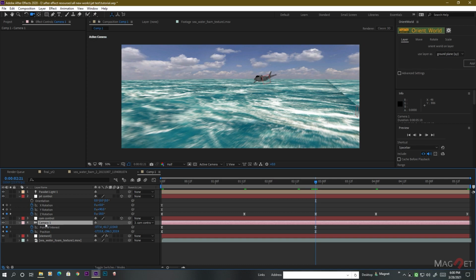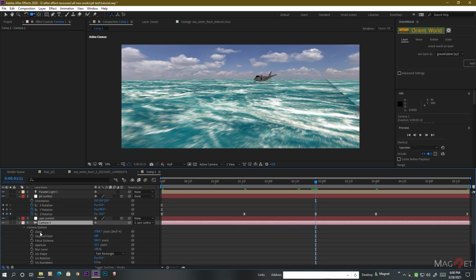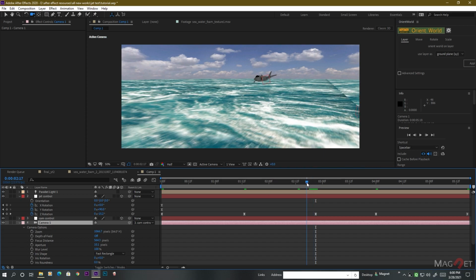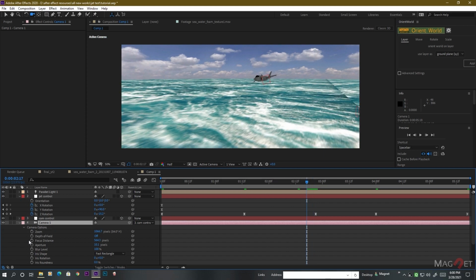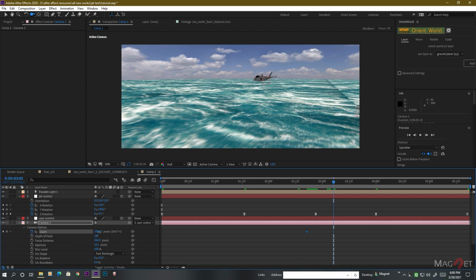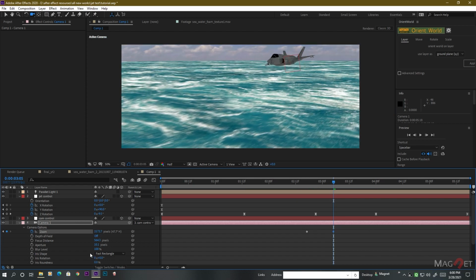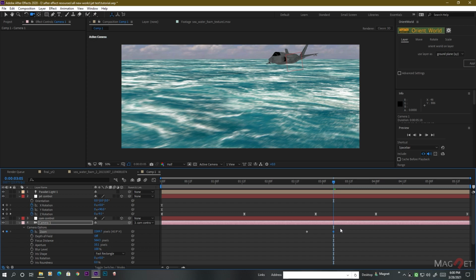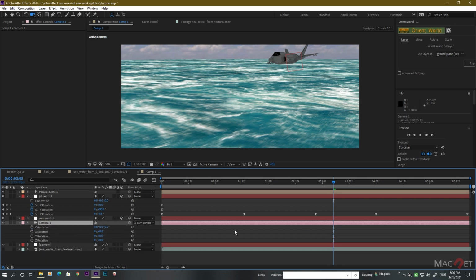and then come here and select the camera layer and press A A to bring up the zoom option of the camera, and on this timeline we make a keyframe for the zoom and then go a few frames like this and zoom in the camera. Okay, and also we make those keyframes easy ease by pressing F9, and then we go to the camera rotation values